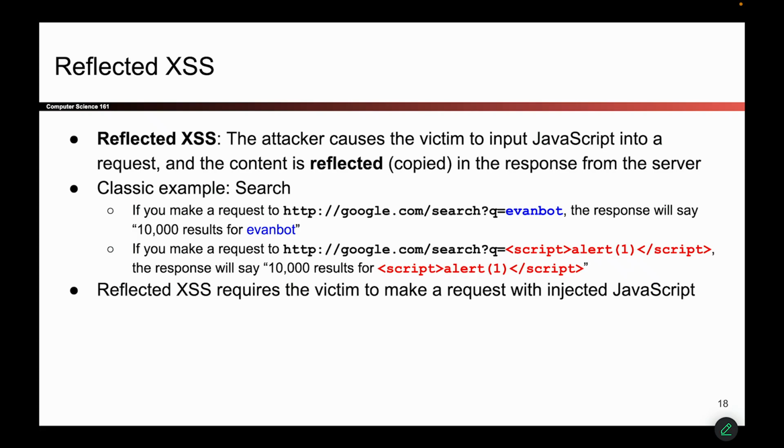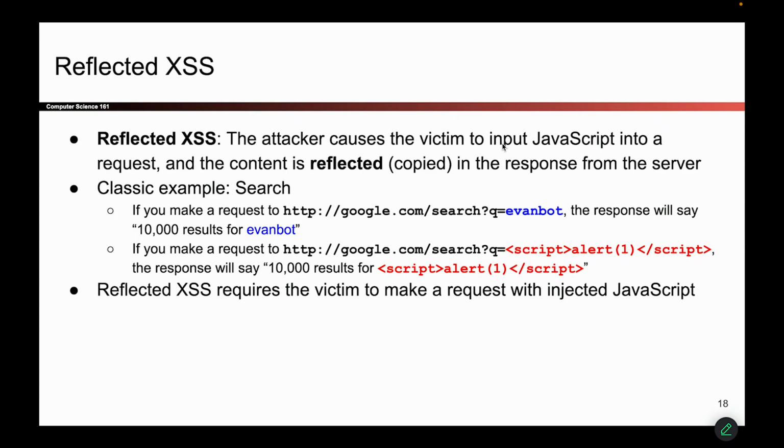OK, the second type of XSS attack is still the same attack. We're still executing JavaScript with the origin of a bank server or Facebook server. The only difference here is how the attack gets executed. Previously, we saw an attack where the malicious JavaScript was stored on the server forever. In reflected XSS, the difference is that instead of storing the JavaScript on the server forever, the JavaScript is